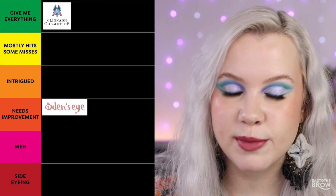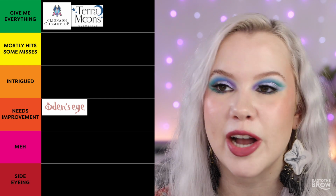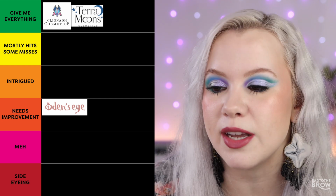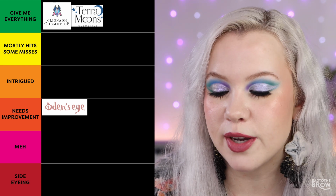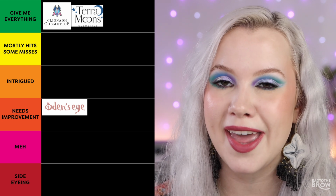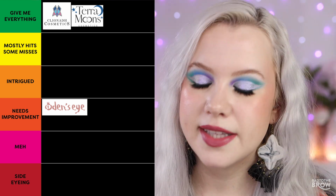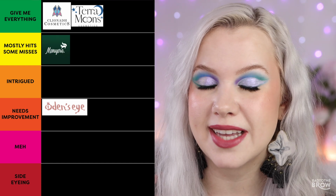So next up we have Terra Moons, and this one is also going under Give Me Everything. I love everything. Their eyeshadows are just so stunning, and they also have some lip products I have yet to try, but I'm really intrigued. They're going under Give Me Everything because, let's be honest, I've been buying every collection that's been coming out. And next is Menagerie Cosmetics, they're actually going to be going under Mostly Hits and Some Misses,